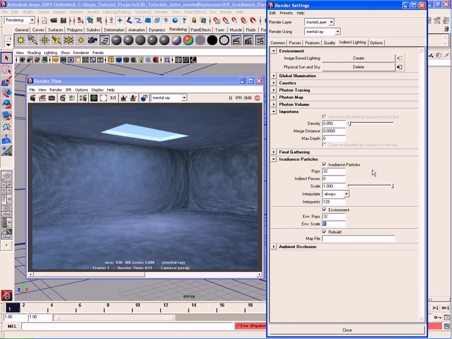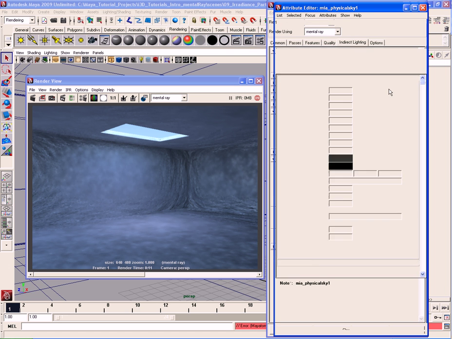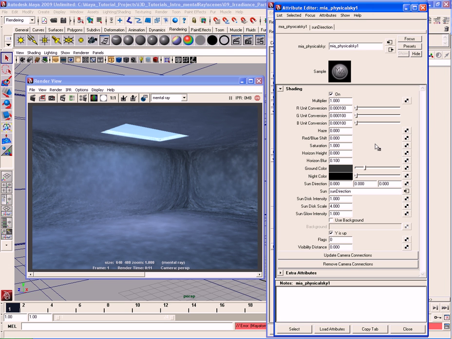itself. In this case, we can come up here to the environment section of the indirect lighting tab where it says physical sun and sky, and click on this little input button over here on the right next to the delete button. Don't click on the delete button or you'll delete the whole system. Just click on the input button. It'll open up an attribute editor window where you can start to adjust some of the physical sky shader